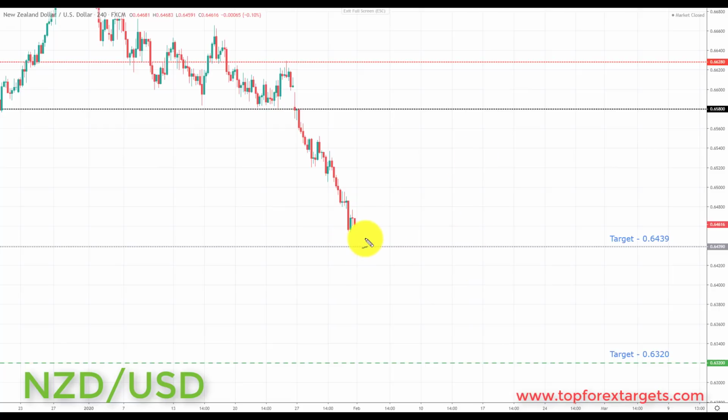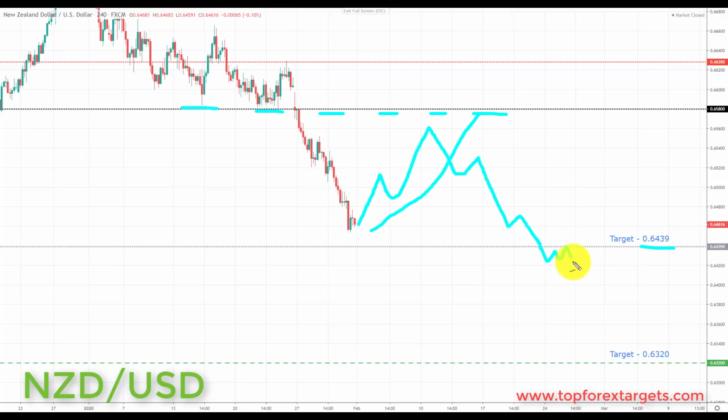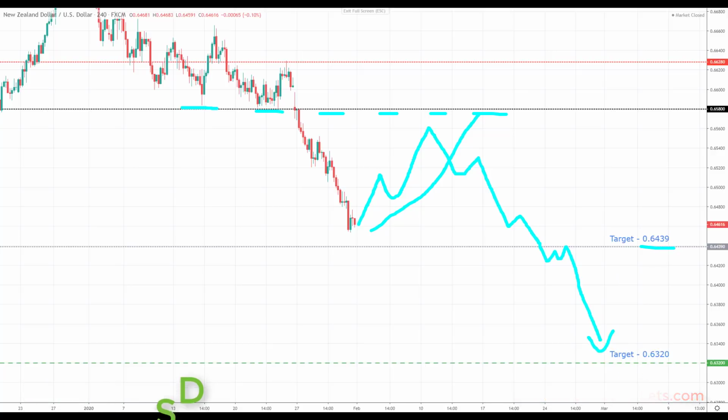So very simply put, going into next week, we're coming very close now to the target set at the 0.6439, so we really want to see a pullback in order to get good risk to reward. Any pullback in this market, preferably as always if we can come back and retest broken support from the past, turning resistance at 0.6580, is going to be viewed as an opportunity to look for bearish setups, and we're going to be looking at initiating shorts down towards the next key of support to the downside, the target set at 0.6439, and if we can get a breakthrough here, we're going to be looking down towards the next key of support to the downside and target 2 at the 0.6320.